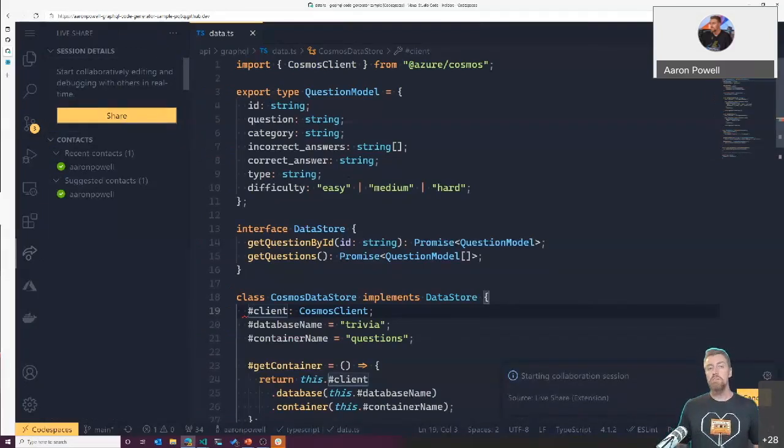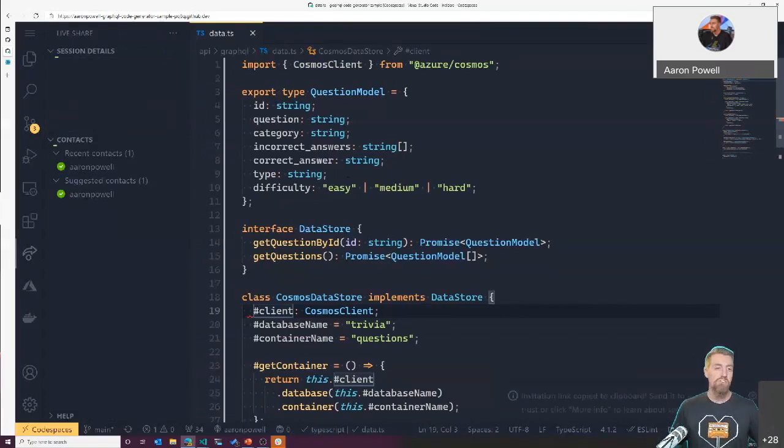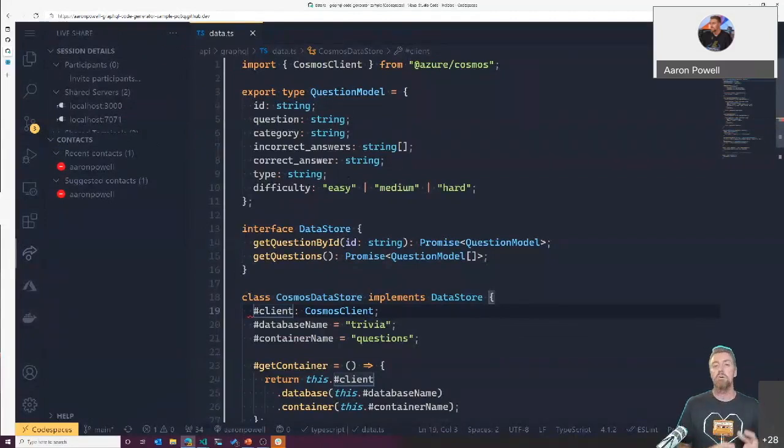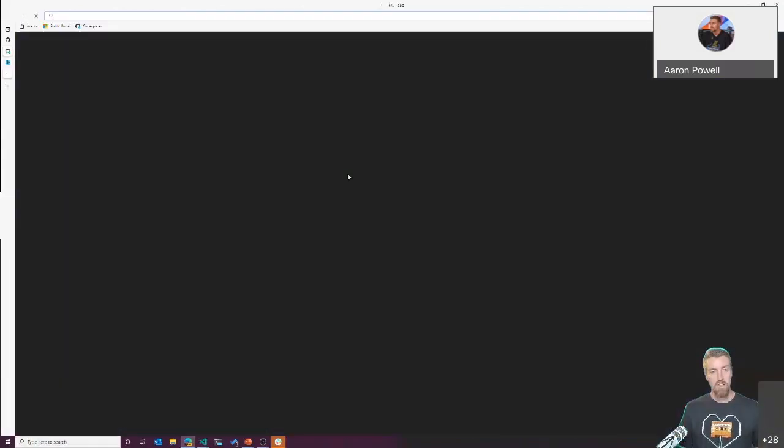So what this is going to do is, well, we've all been on those screen shares with a colleague trying to do some pair programming, and you just want them to click somewhere. You're like, come on, just click on that link, and you just want to reach through the screen and take control of the mouse and do it because you know what to do to fix it, but the way that you're conveying your instructions, or your help, is just not quite working. So we can do that with Live Share instead.